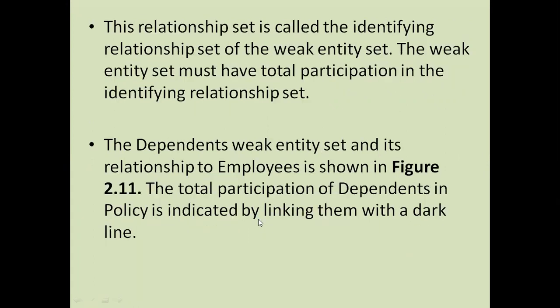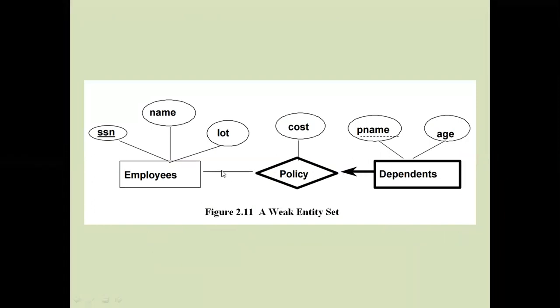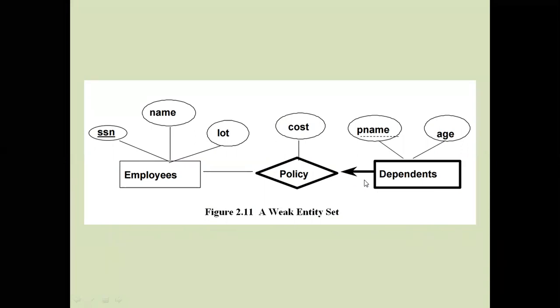So if you observe here, this is how we represent the relationship. This is the one, but this is many. That means this is the total participation, and this is only one, so that means one to many. If the arrow is here, for example, that means it is many, and this one is one. That is many to one.